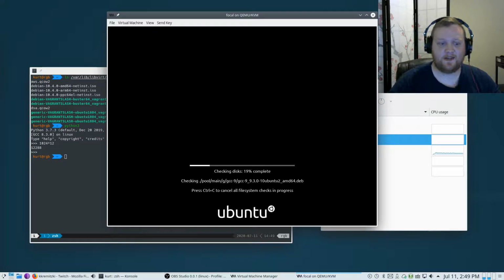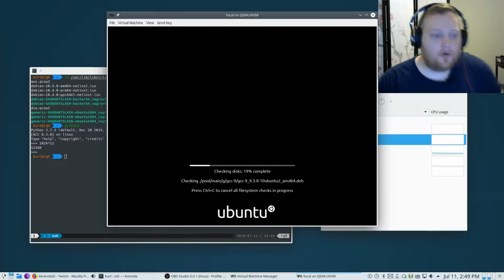And this is one of the things I was kind of not looking forward to with running this, is that there's going to be quite a bit of build time. And this is unusual. I don't usually see this when I create a new virtual machine. So I guess one thing I can do, though, while waiting,